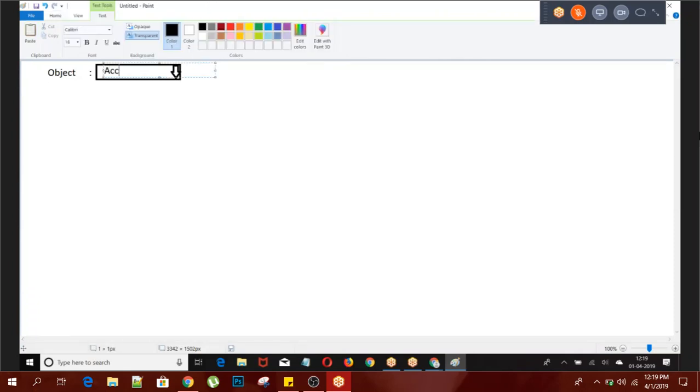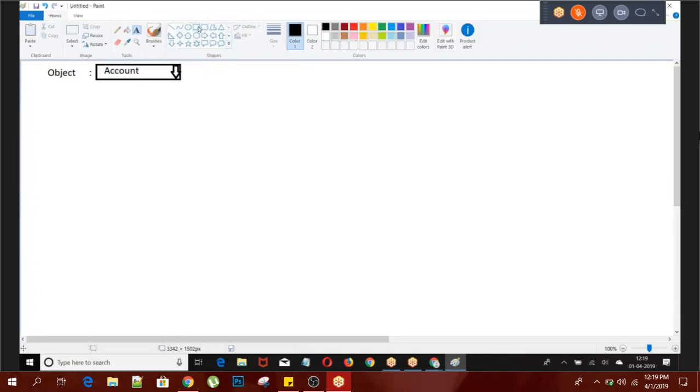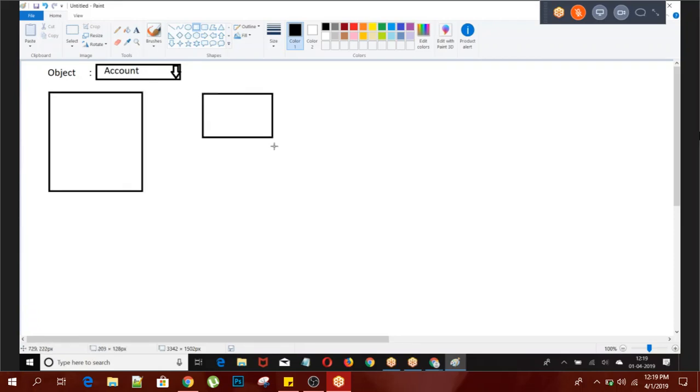Now let us say I'm selecting the account object. When I select the account object, then I have to get that account object's fields, and they should come here.